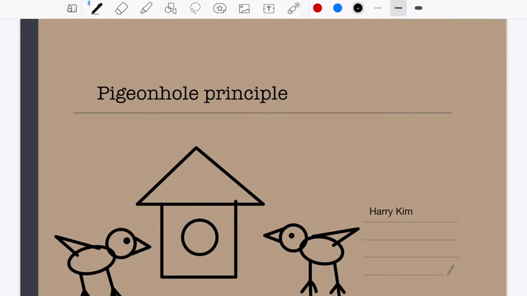The pigeonhole principle is a very important theorem in math, especially in the field of combinatorics. This video will only cover the basics of the concept,